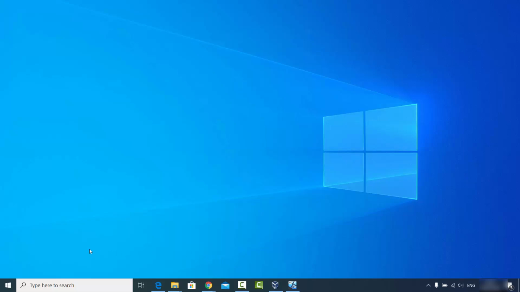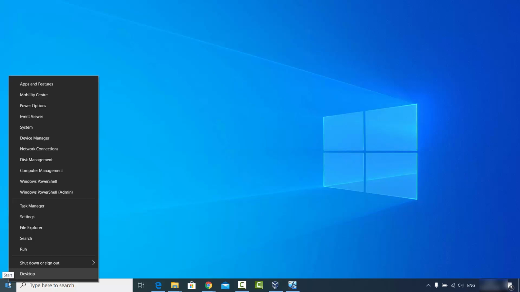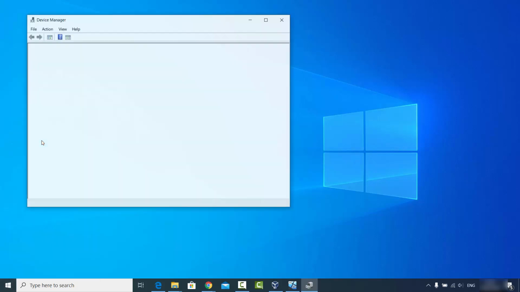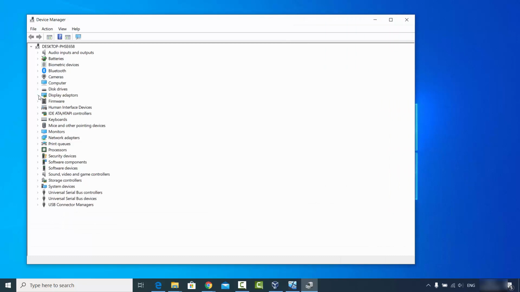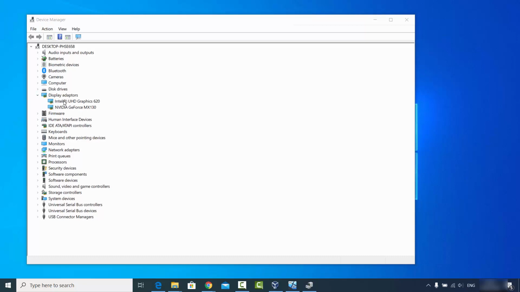For the first way, you just need to right click on your Windows Start icon. Not left click, but right click on the Windows Start icon and then click on Device Manager. Once this Device Manager window opens, you will see the option Display Adapters. Under Display Adapters, you will see the list of graphic cards you have on your Windows